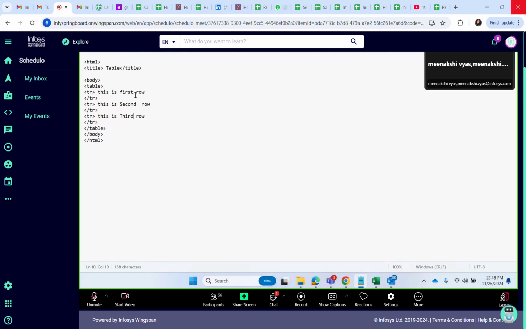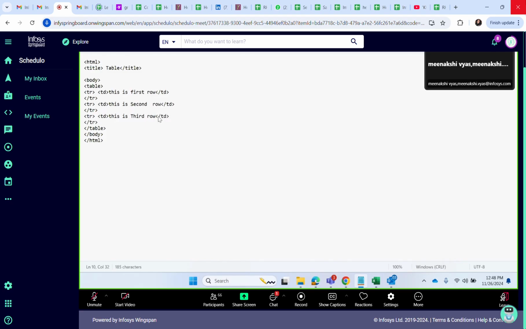Maybe if I add one column, then it will work. The row itself is nothing. At least one column every table should have, then only it will be counted. Otherwise, it is simple text.